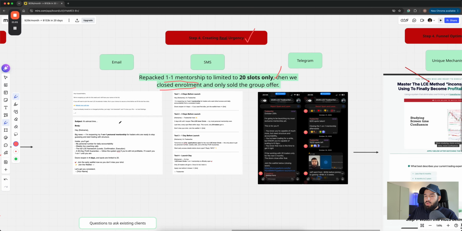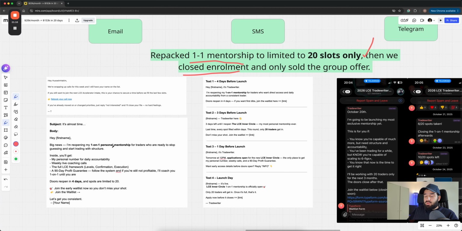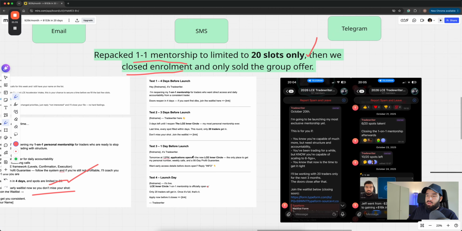So just to take an example, we obviously had the email sequence, but this is a bottom of the funnel email. As you can probably tell, this is not something that you want to send to someone that's brand new to your audience. This was people that expressed interest in the past in the mentorship, but didn't actually end up buying. So we literally just told them we're reopening and it's limited to 20 slots, which was real, and we built another wait list. And then over here, as you can see, we had an SMS blast sequence for a few days. And we literally told them it's 20 slots only available. Once they go, they go.